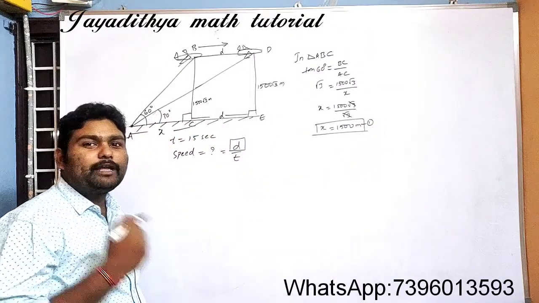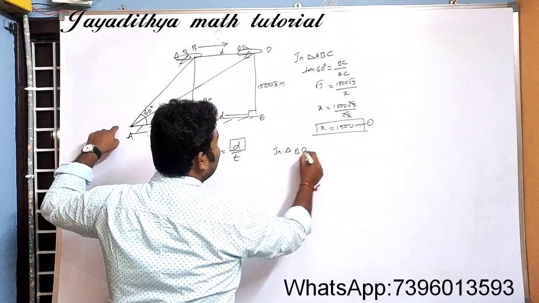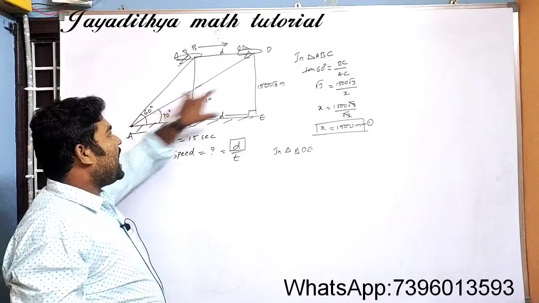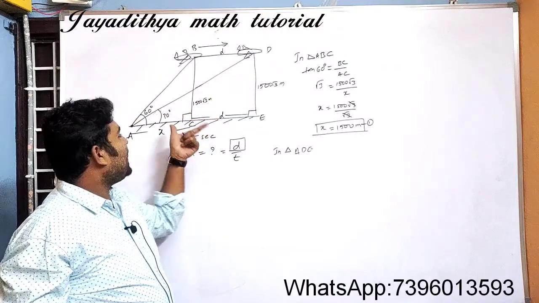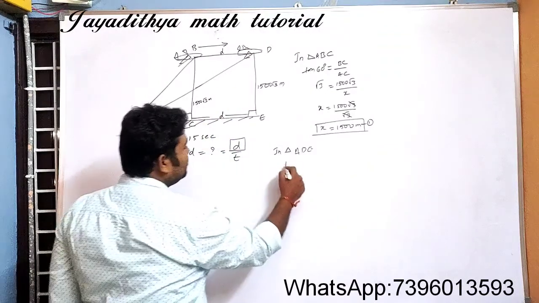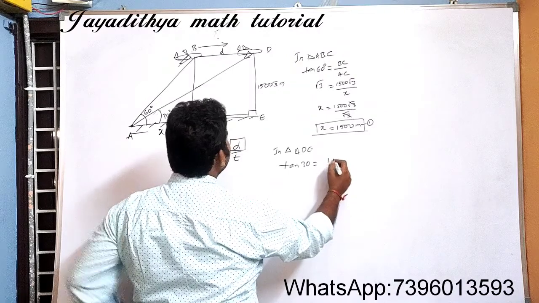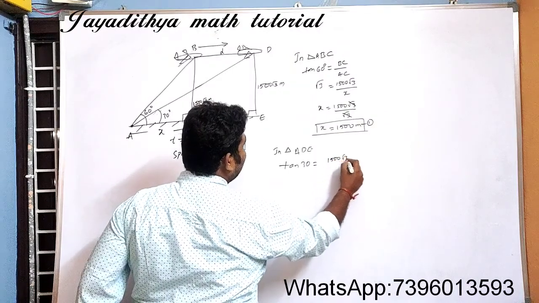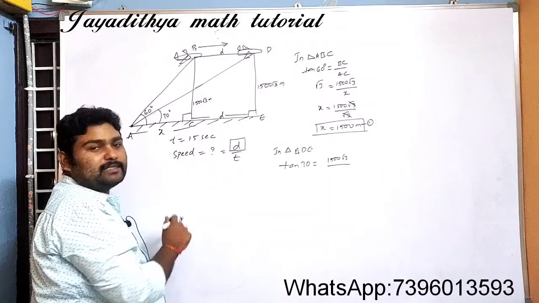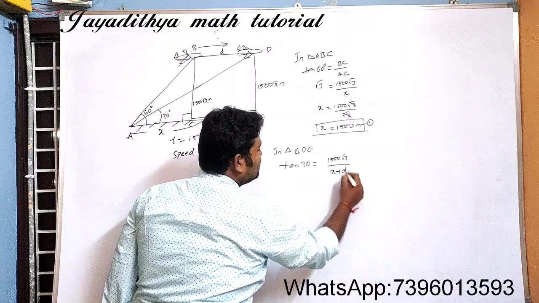Now what we need to do, you need to take another triangle, that is triangle ADE. In triangle ADE, here the angle is 30 degrees and we have the relation for opposite and also adjacent. Why? Because here you need to find D. So again you take tan, so this will be tan 30 is equal to the opposite side, 1500 root 3, by the adjacent side. The adjacent side will be AE, and AE is nothing but x plus D. I am writing here x plus D.